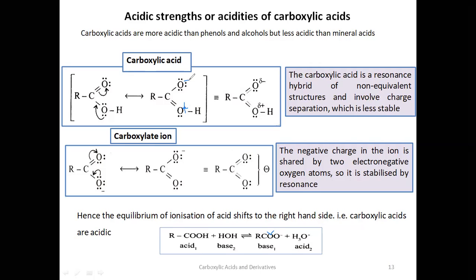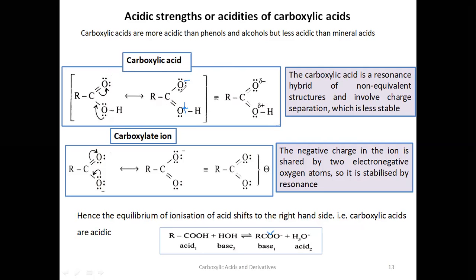That's why we are showing this with a negative charge, and one more electron pair it is getting from this bonded pair shifting here. We know that the oxygen has 2 lone pairs, so with one more pair shifting here, it has 3 electron pairs, 1, 2, 3. Since electron density is higher than in the ground state, it gets a negative charge. Whereas the other oxygen had 2 lone pairs and one pair is shifted, so there is a loss of electrons, which we show with a positive charge. This is the resonance structure of carboxylic acid.